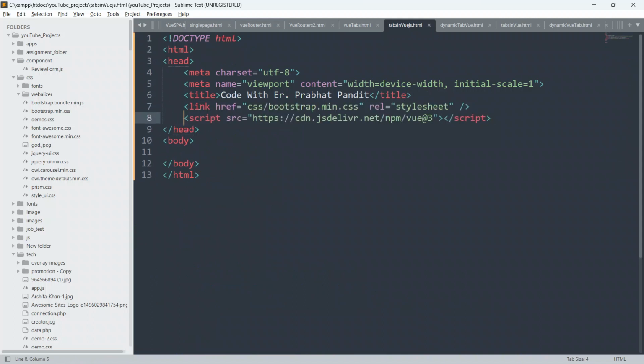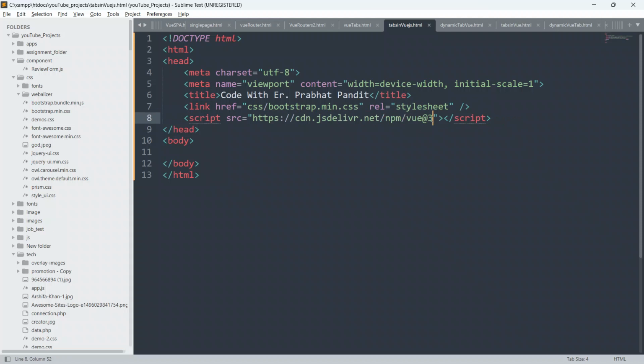As you can see here, this is the local path for the CSS of Bootstrap. I have a folder named CSS, and in that folder I have the file bootstrap.min.css. And this is the CDN link for Vue.js 3, Vue@3. So this is the JS file for Vue.js 3.